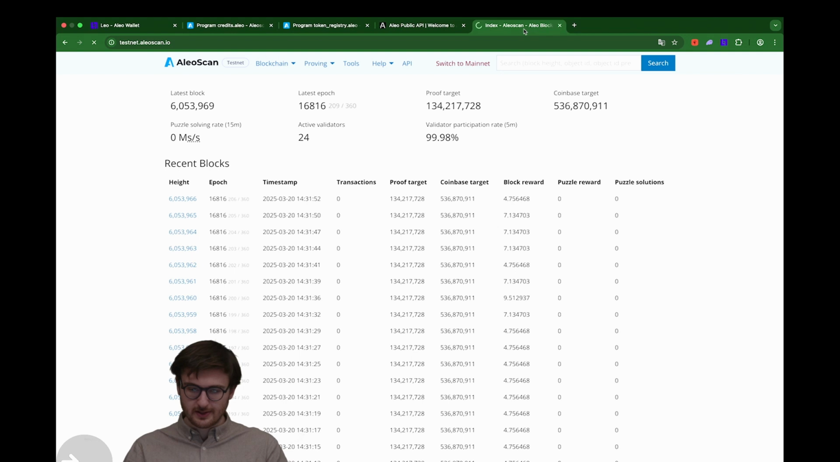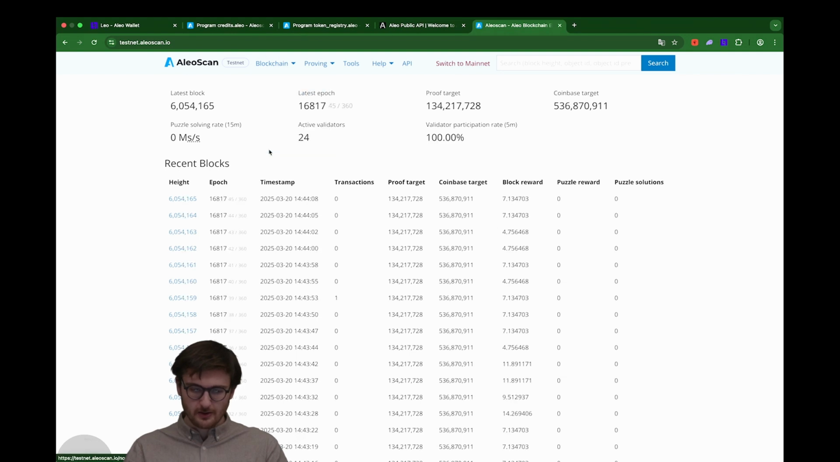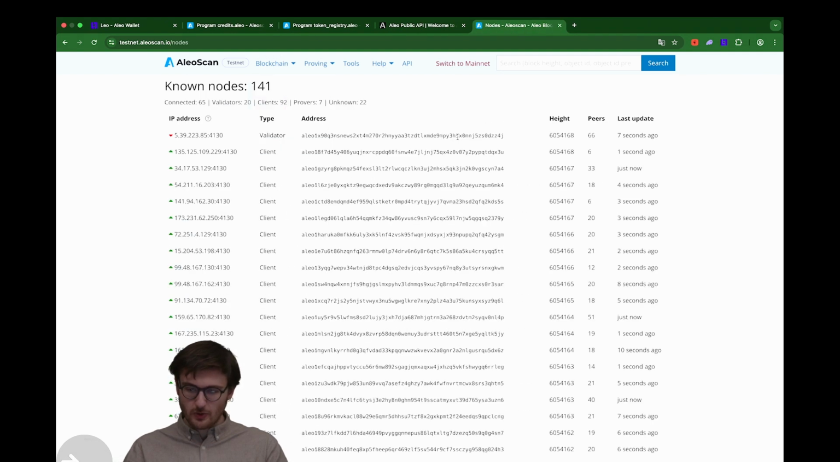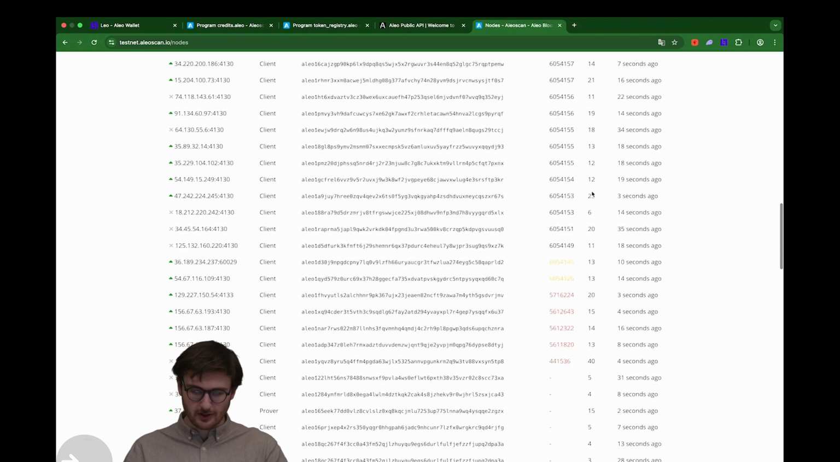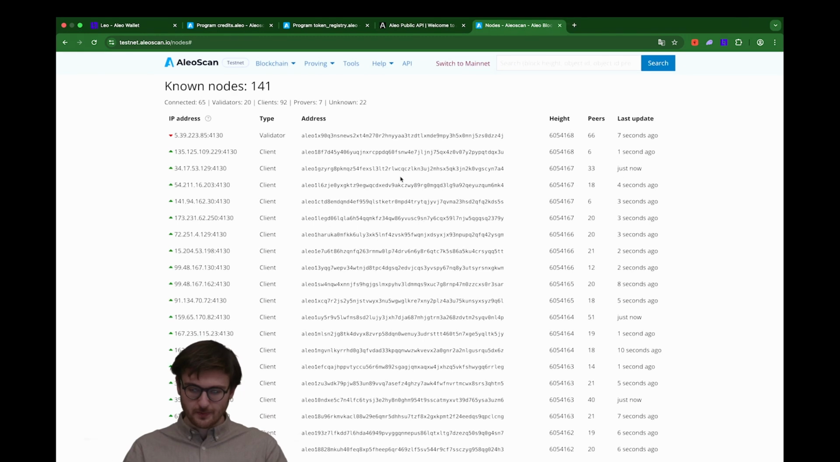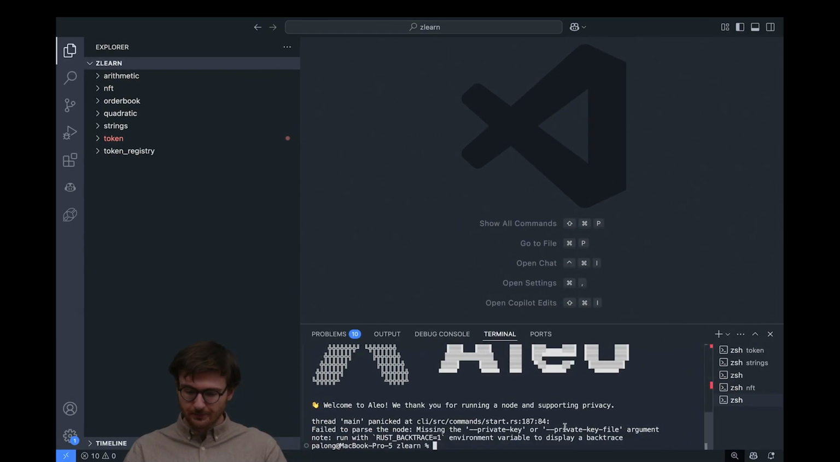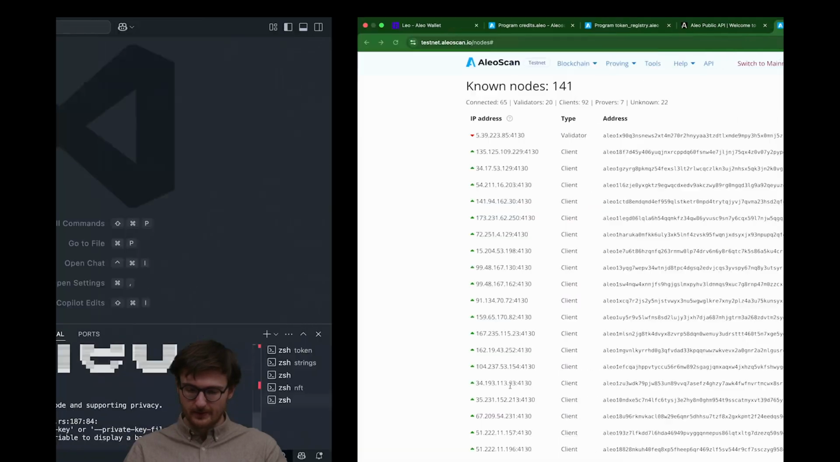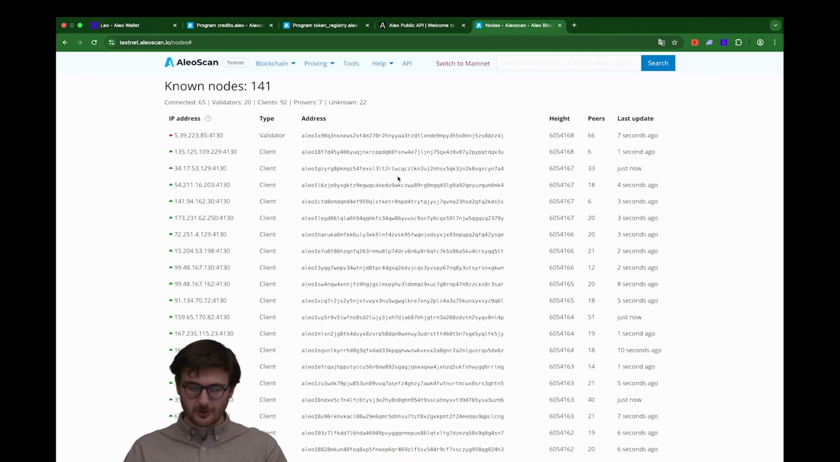When people are running nodes, they appear. If you go to the Aleo scan Explorer, you go to nodes, and you will be able to see all the types of nodes that are connected to the network here for the testnet. So all those nodes